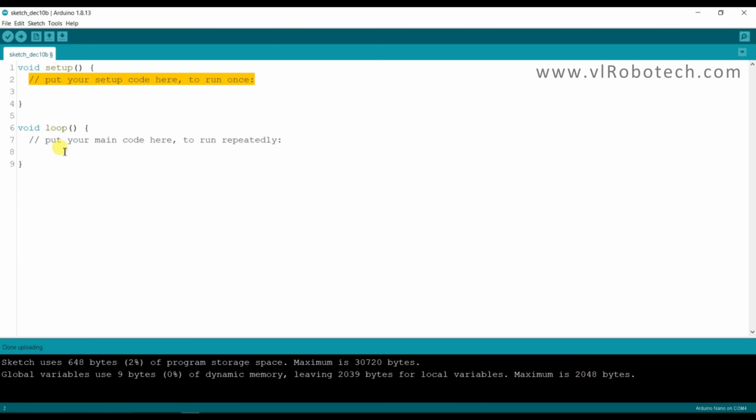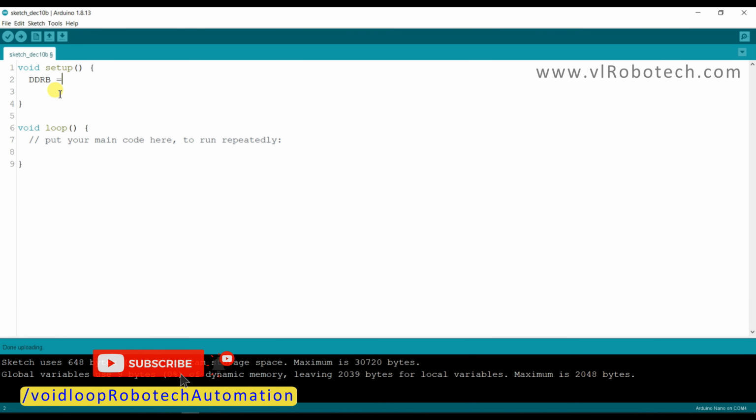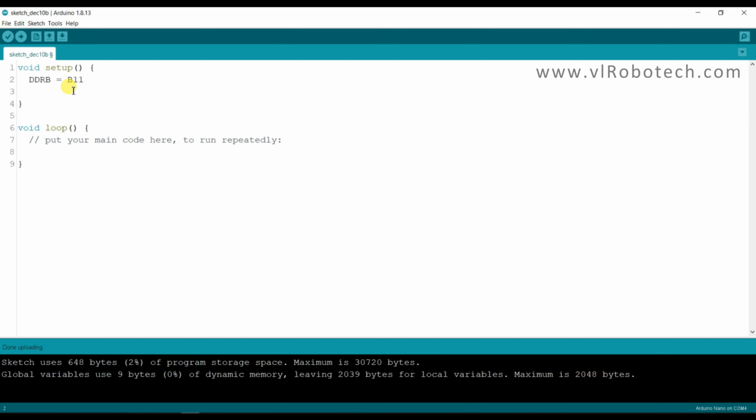So I will open this IDE, and to initialize as an output we have to type here DDRB equal to B. These two pins, B7 and B6, are connected to the oscillator. They will always be 1, meaning always high, and this 13 number pin is high and the remaining pins will be low.